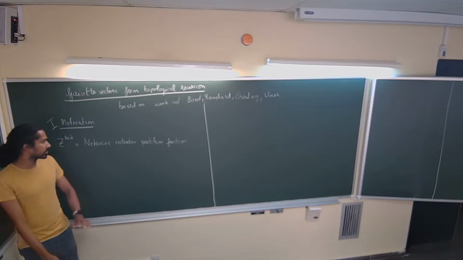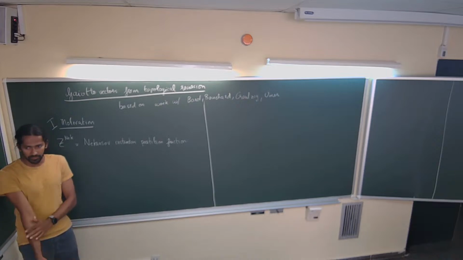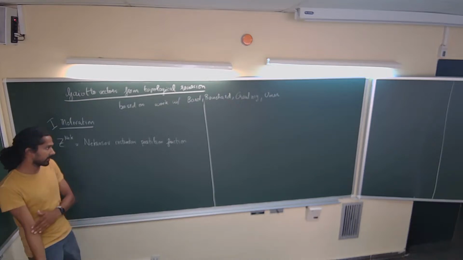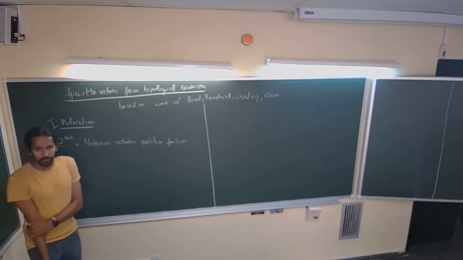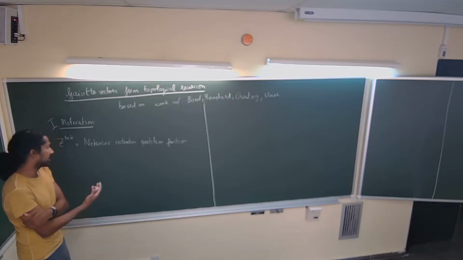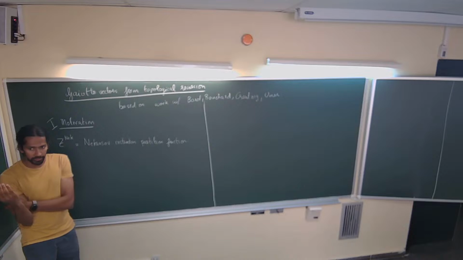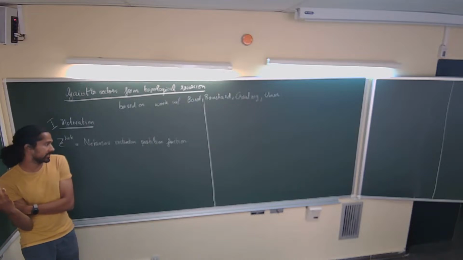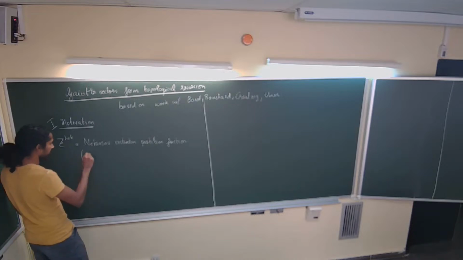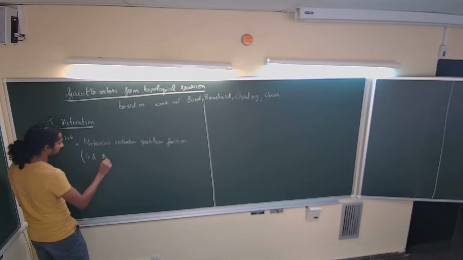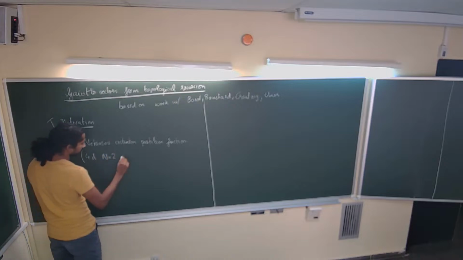You don't need to know anything about gauge theory, I'll give a more mathematical definition of it. But for people that know about it, in this case I'm thinking about four-dimensional N=2 pure gauge theories,